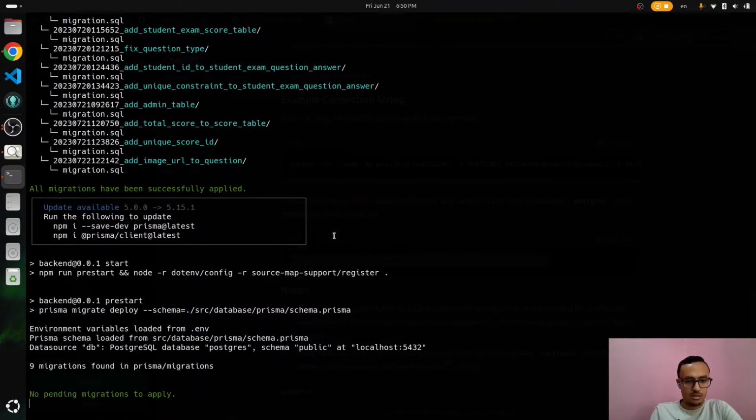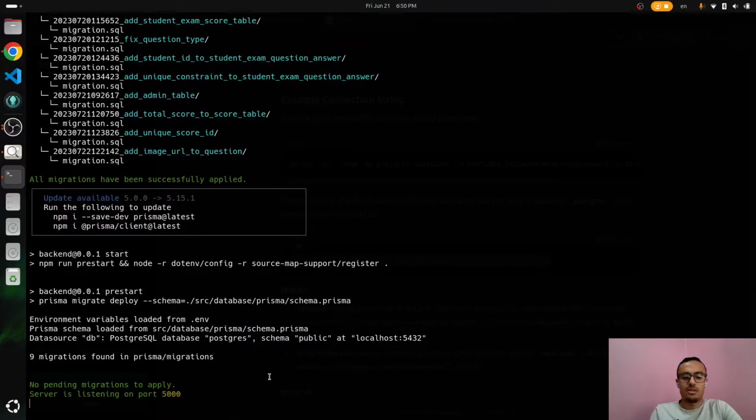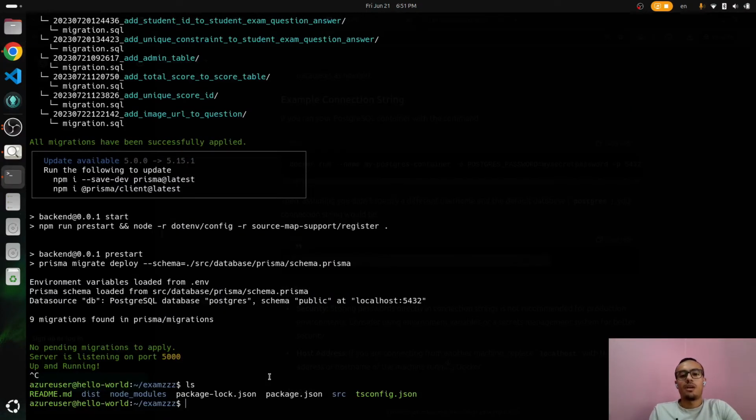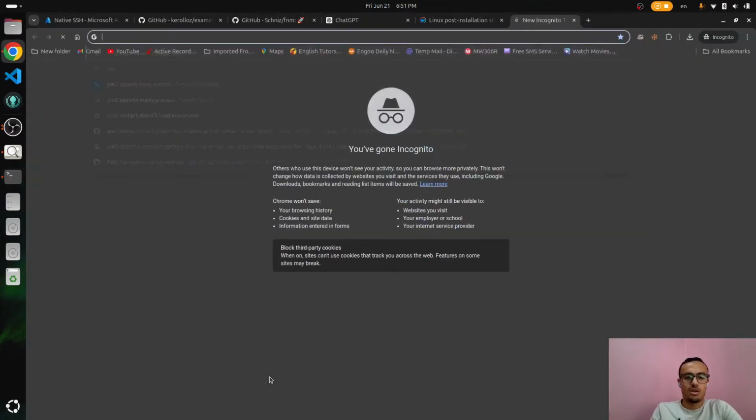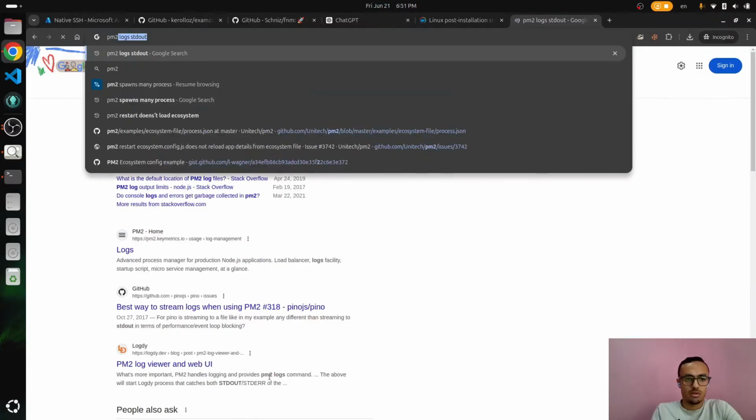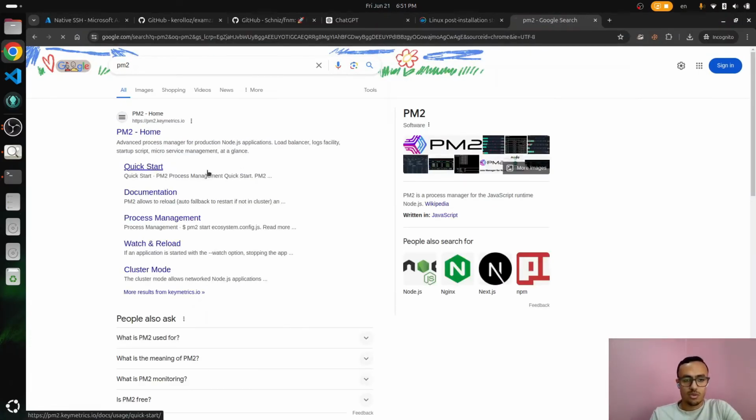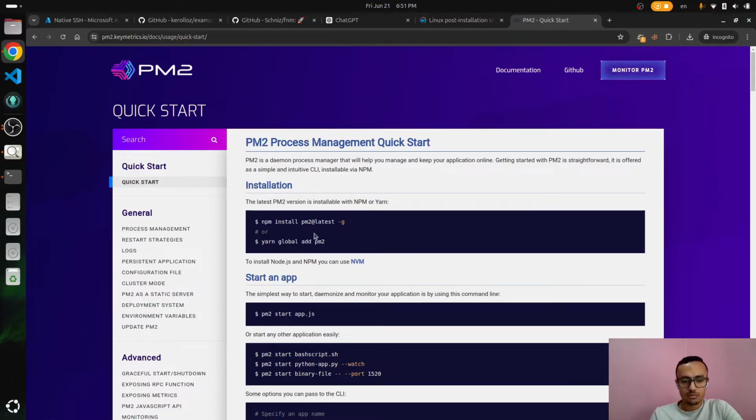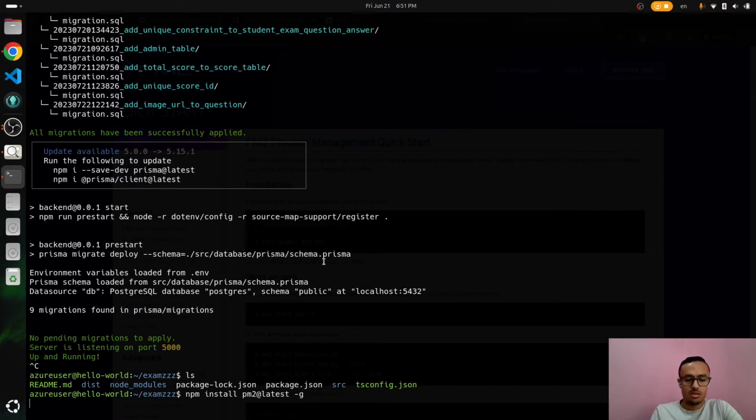All right, the migration's done. Server is listening. Cool. So to run the server in the background, we could use a process manager like PM2. So PM2 quick start. Okay, install it globally. And then we could